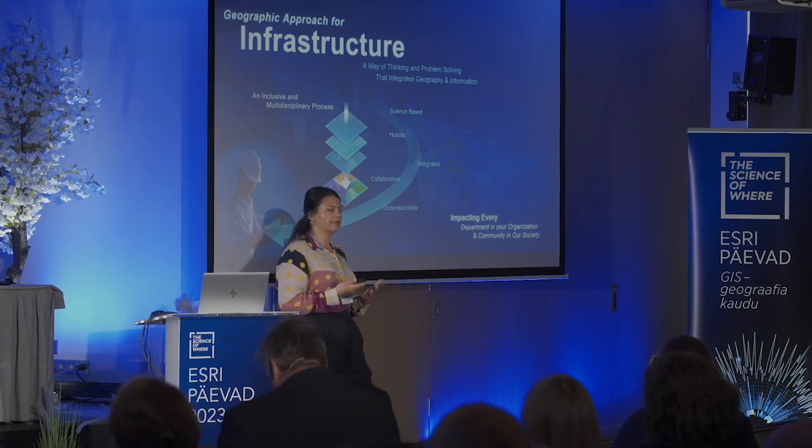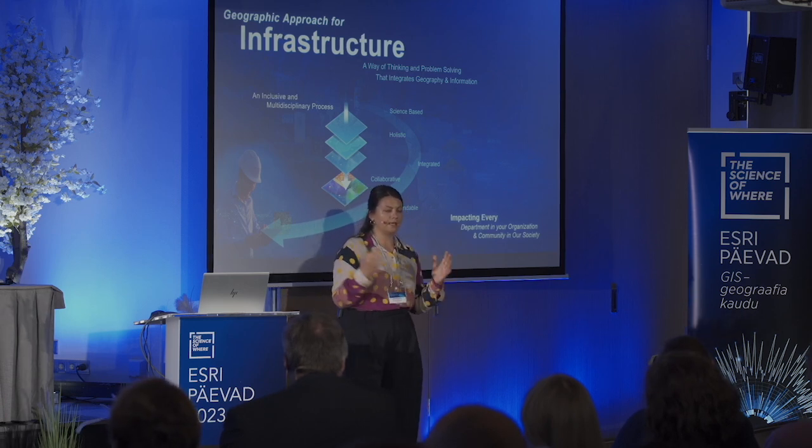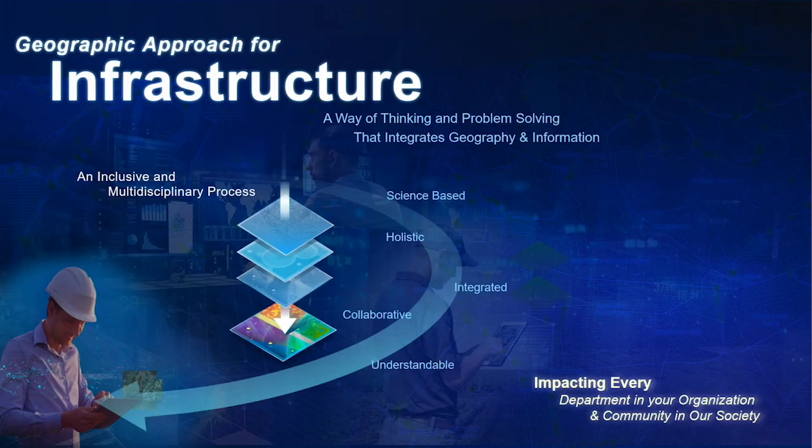So the geographic approach for infrastructure is actually allowing you to have the business and the IT at the same table and find the common approaches, the geospatial approach, and find the way to move forward to these modern utilities by accommodating the existing systems, but also finding the way to operate the systems that are going to come in the future. Everything that's related to energy transition, climate change, to all the changes that are coming to your organizations. And actually, GIS impacts every single department within your organizations, from planning and design to construction to operating and managing your organizations.